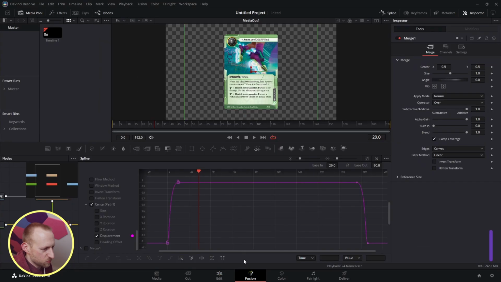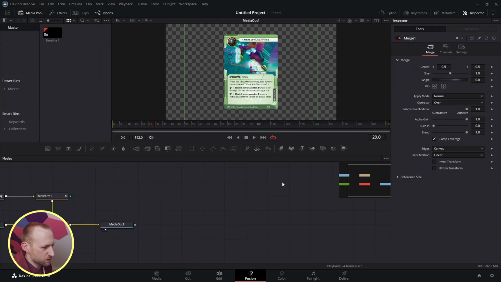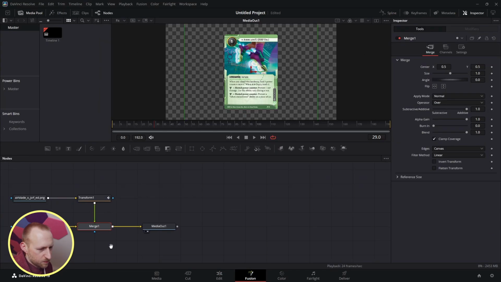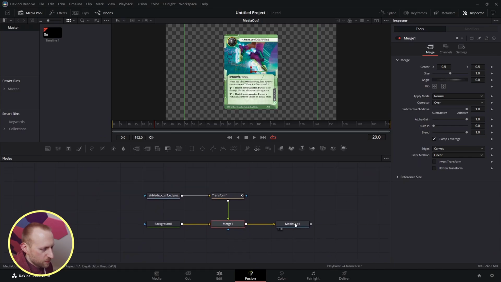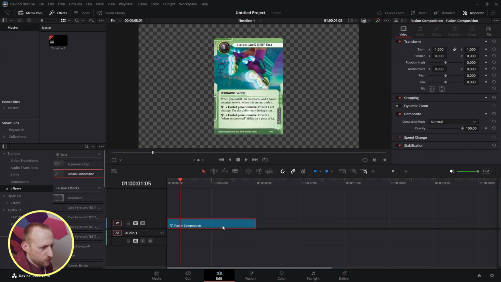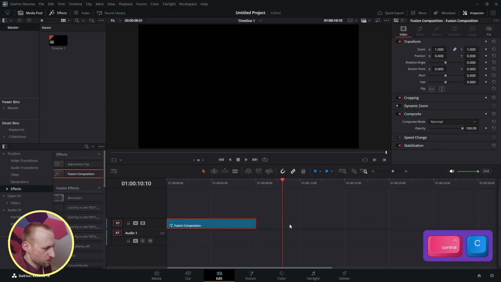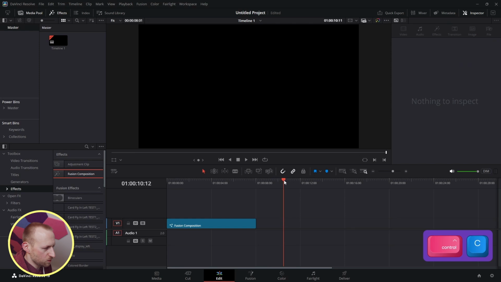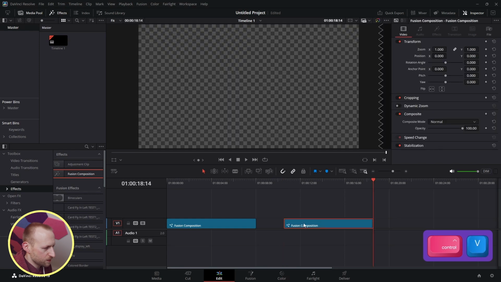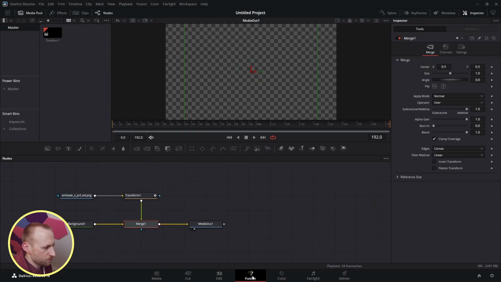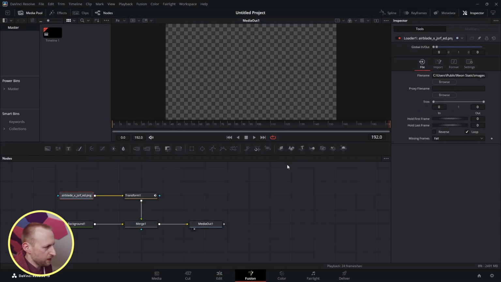Now, how do we make this reusable? Let's get out of the spline. I'm happy with the keyframing, and move this back over. If you're within a project and you just want to reuse this without doing anything extra special, you can just copy this Fusion composition with Control C, click somewhere else you want, and then click here. Because we used a loader, you can click into the Fusion panel, click on that loader, and right here